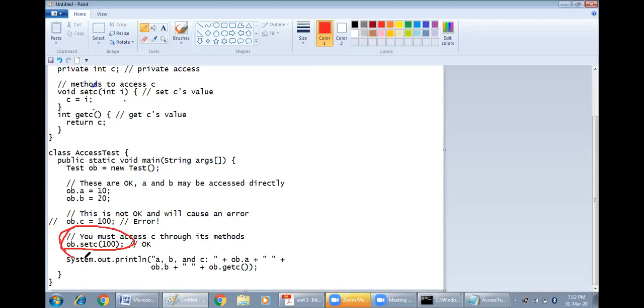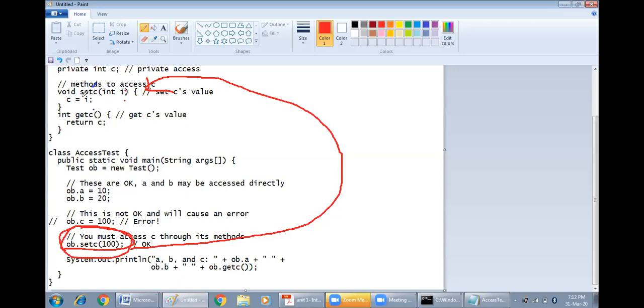So I'll explain what this statement causes. Onto the OB object, I am invoking the setC function by passing 100 as a parameter. So setC will get called, and I will get a value of 100 because we are passing 100 as a parameter. Then that 100 is being assigned to C. We can assign some value to the private member C only with the help of the member function.